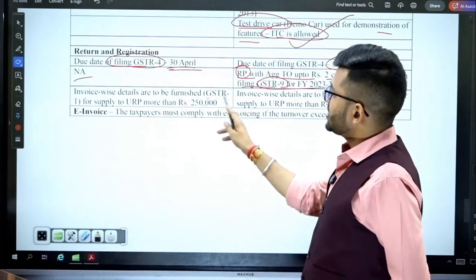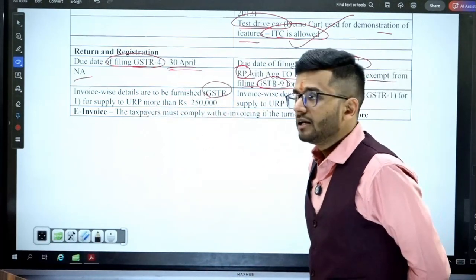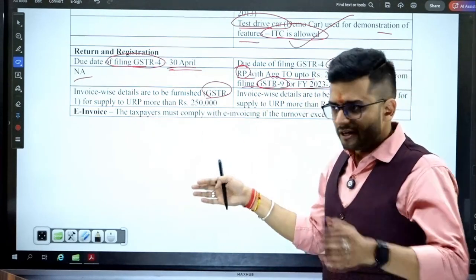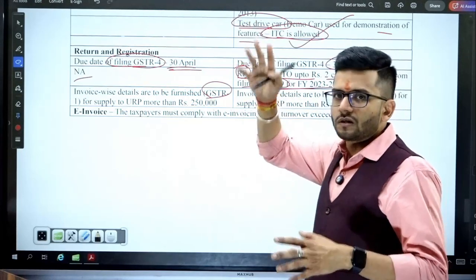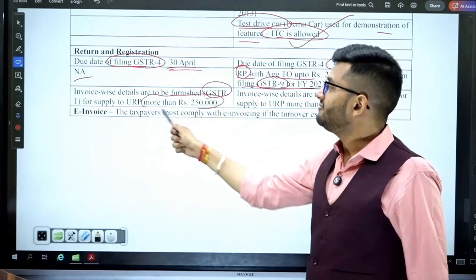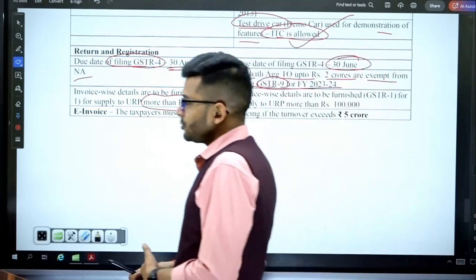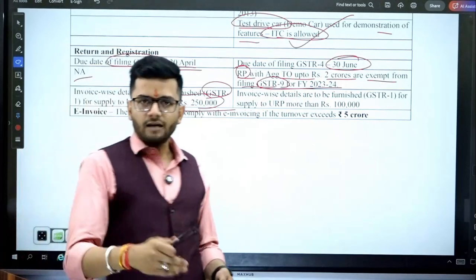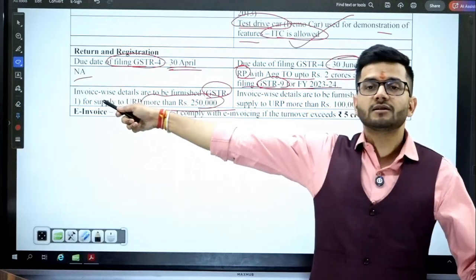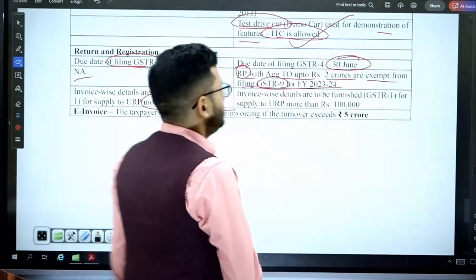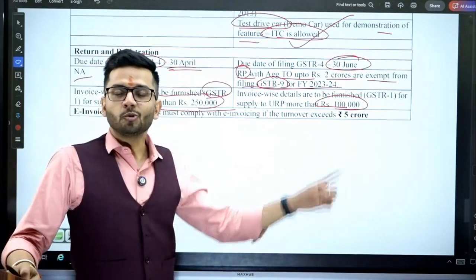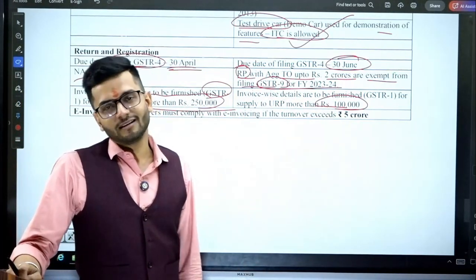Okay, an important one. In GSTR 1, details of invoices are required to be given. In case of supply to an unregistered person, the details can be given in a consolidated manner if the invoices are below a certain limit. That limit has been amended. Earlier, the limit was 2.5 lakhs. So if the sales were up to 2.5 lakhs, then no individual breakup was required. But if the sales were more than 2.5 lakhs, then invoice-wise detail was required. Now the limit has been reduced from 2.5 lakhs to 1 lakh.